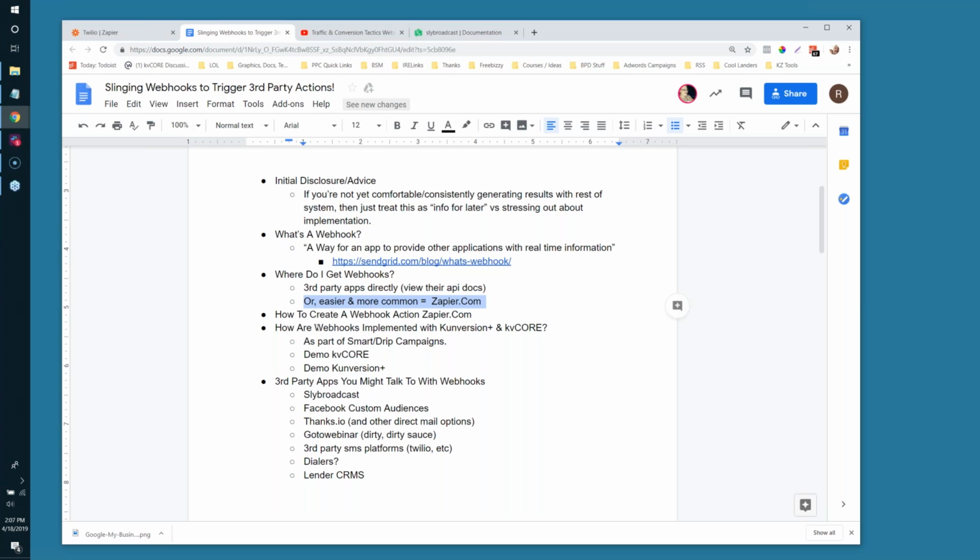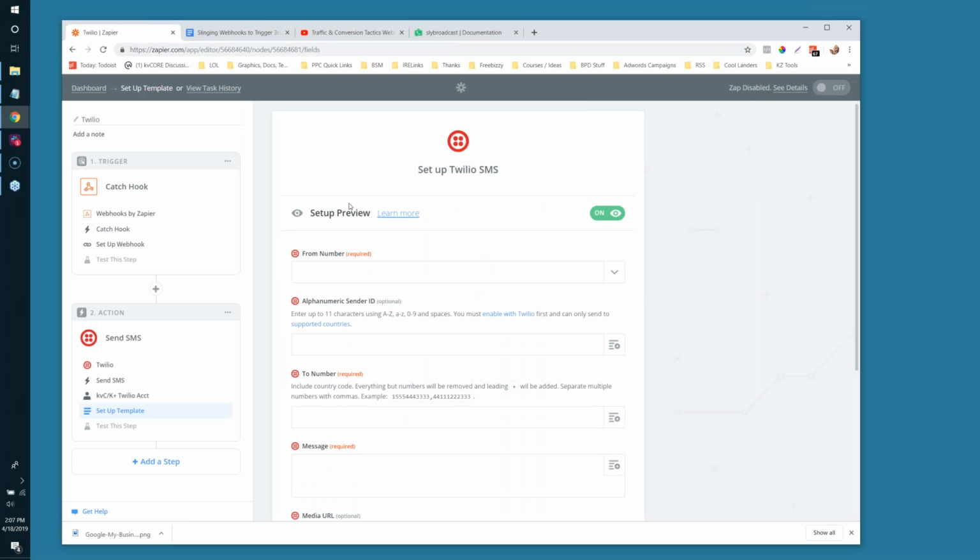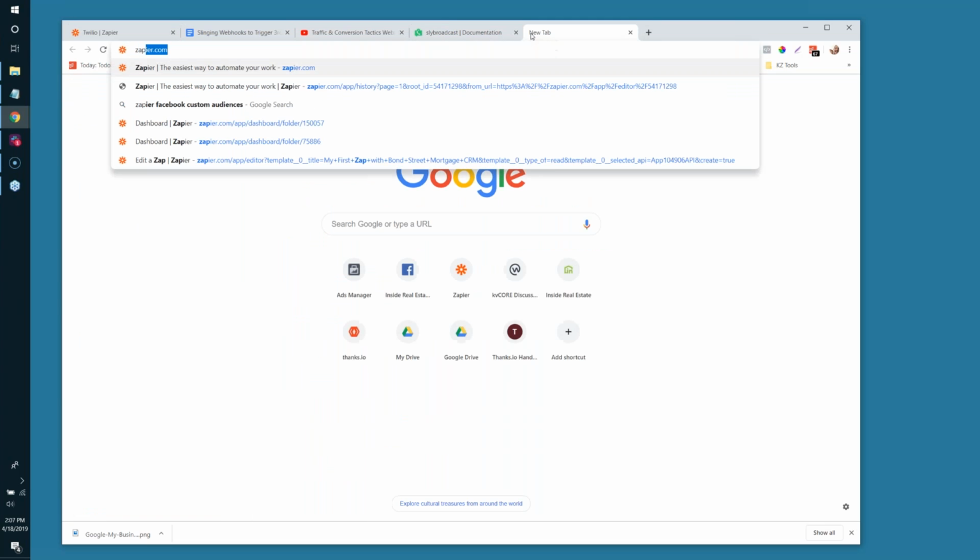Okay, so how do we create a webhook action in Zapier.com? So the first thing I want to show you is probably the first step in this whole process before you do anything in Conversion Plus or kvCORE. First thing you're going to need is a Zapier.com account. So kind of glanced over that